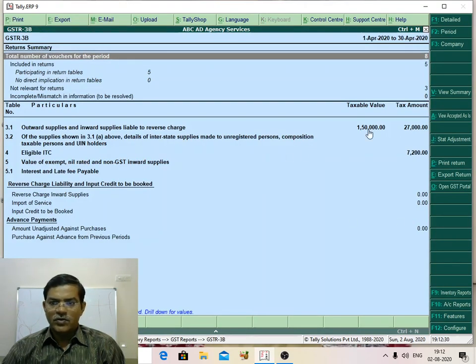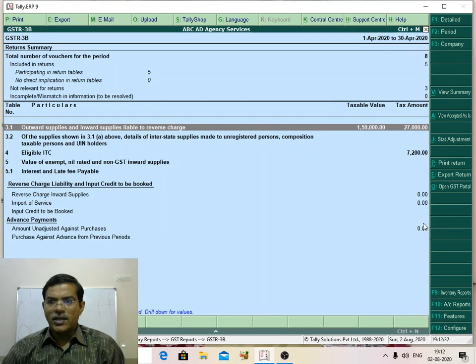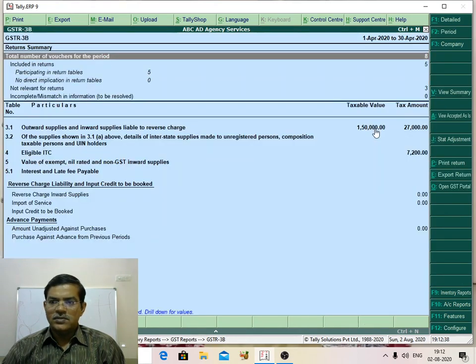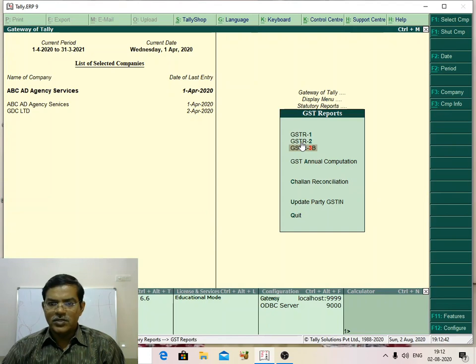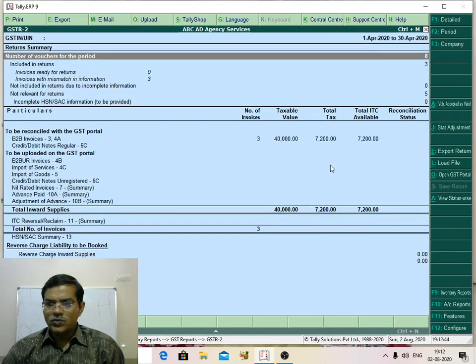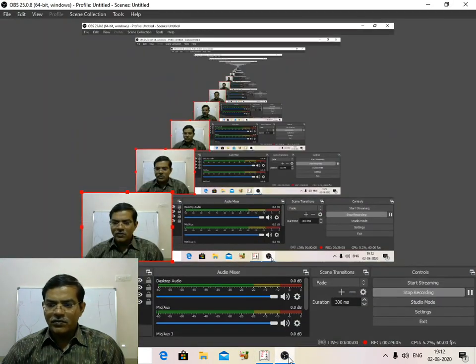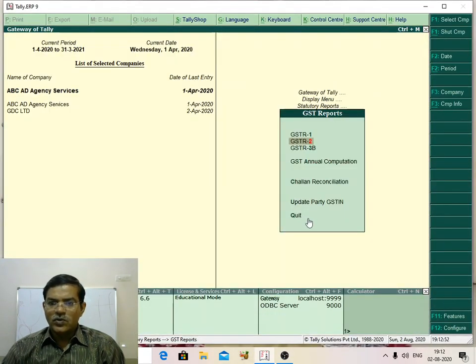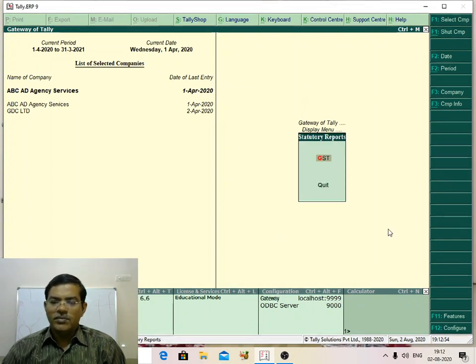Okay, inward and outward total transaction tax amounts like this. So total transactions are 8. See here, the 8 transactions. So like this. Okay, if you want to export any kind of transaction from GSTR 2, you can export and import. All the transactions are very easy to do. Okay, so this is my presentation today, my dear viewers.